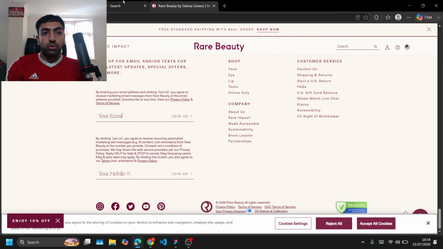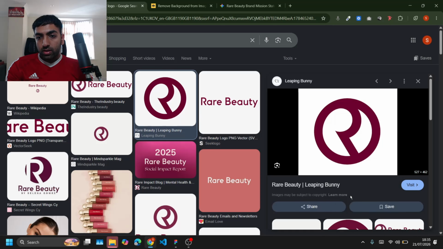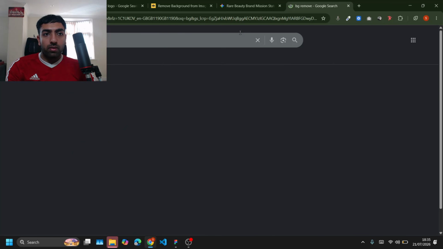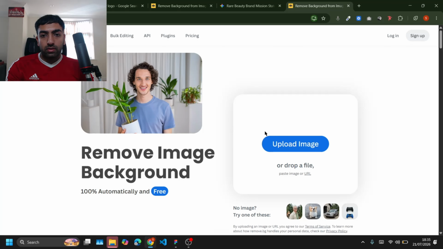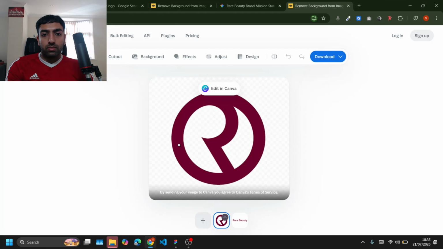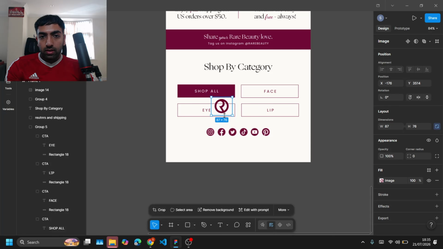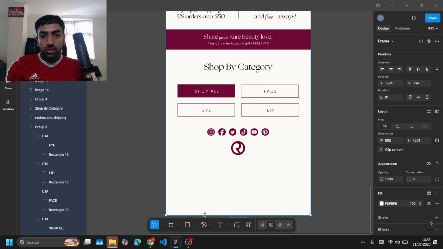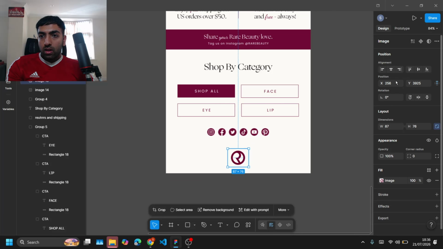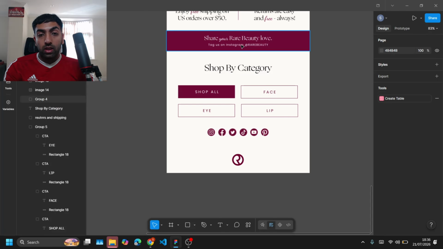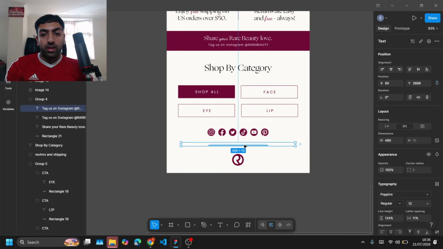So first I'm going to find the actual Rare Beauty logo from Google. So here is the circle logo. So we're going to copy that. Again, what we're going to do is remove the background. And I'm going to paste that in there, resize it. And there's a logo. And now lastly, and I've said lastly 5 times, but this should be the last thing,